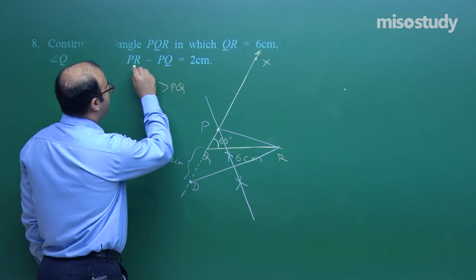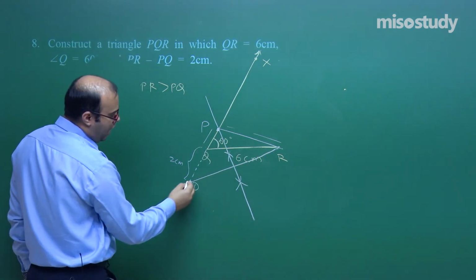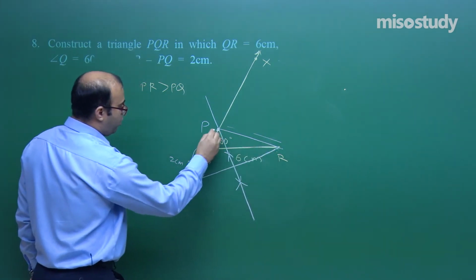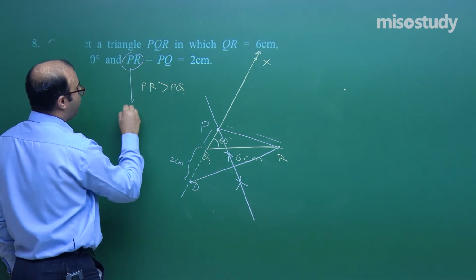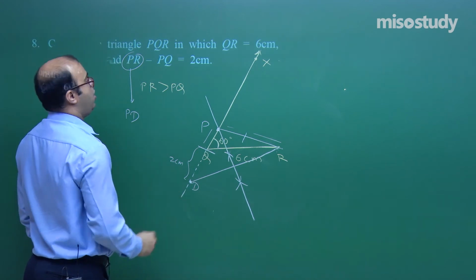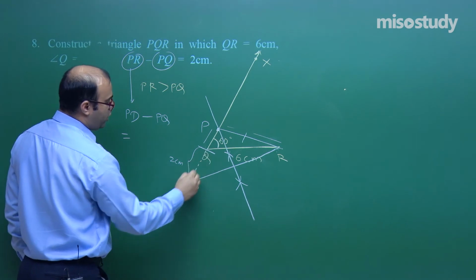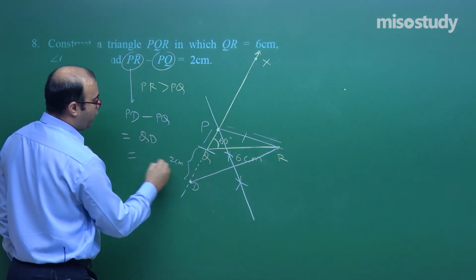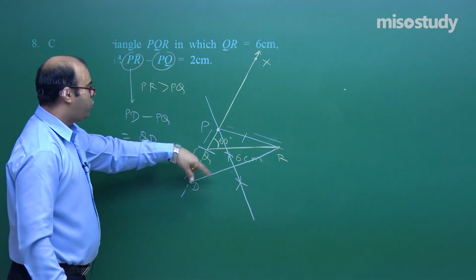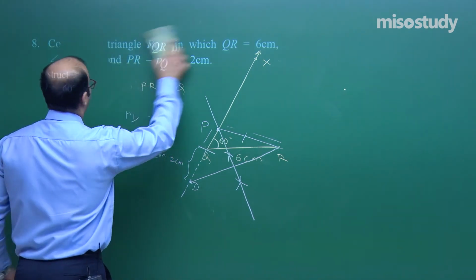Let us take PR minus PQ. So this is PR, this is PQ. We know that this is the perpendicular bisector of this line segment DR. So here PR is equal to PD. So we can say that PR is nothing but PD. Now PQ is PQ, so PD minus PQ. PD minus PQ is equal to QD, and we took QD as 2 centimeter. So 2 centimeter is PR minus PQ. So we have drawn the same triangle PQR. Okay, students? Right. Let us come to the next question.